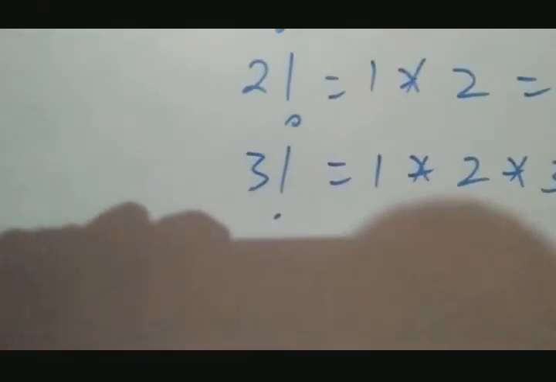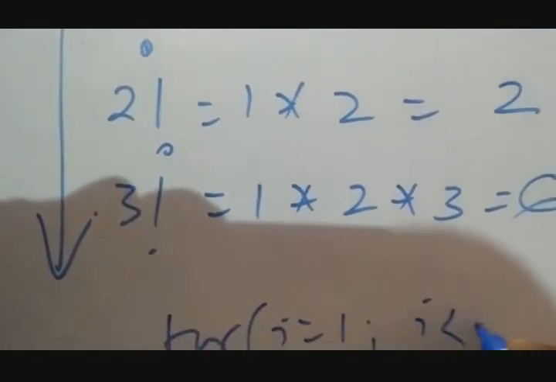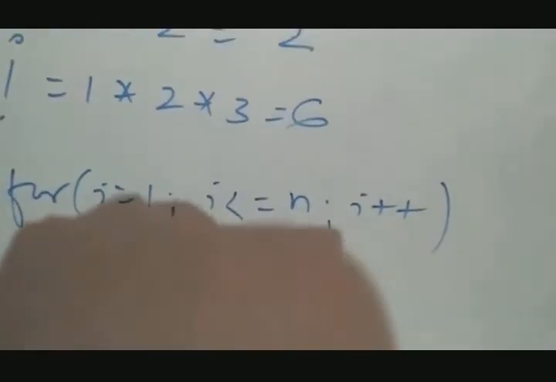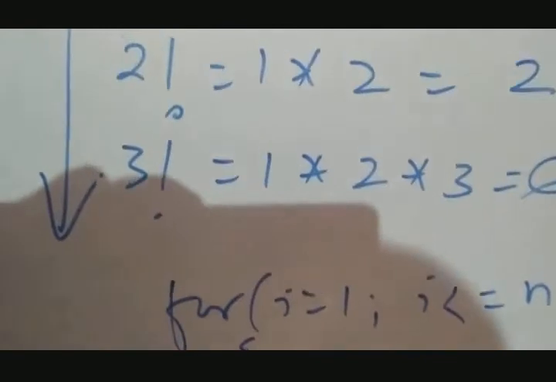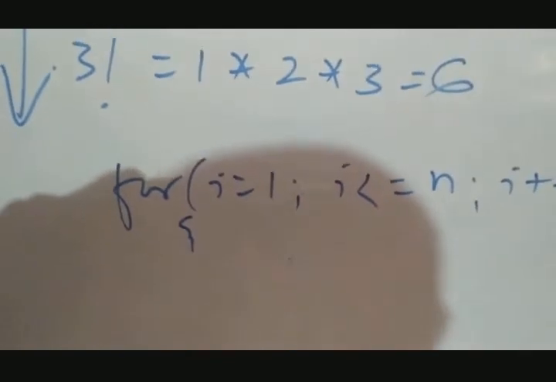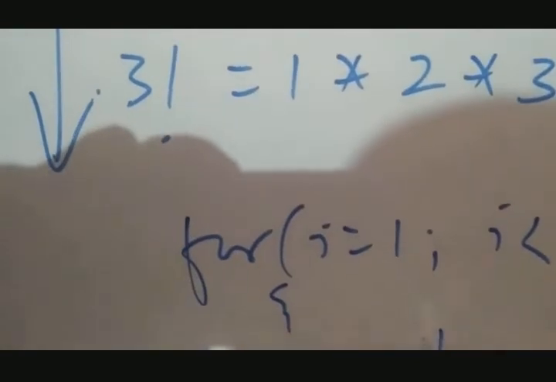Now, from where does the loop run? This is the outer loop. For i equals 1, i less than or equal to n, i plus plus, where n is a number depending upon the user, up to 10, 5 or 6. When i is 1, the factorial has to be counted from 1, because the product always starts with 1 and the sum always starts with 0. Therefore, I am keeping a variable f for the factorial, and the factorial is 1 now.